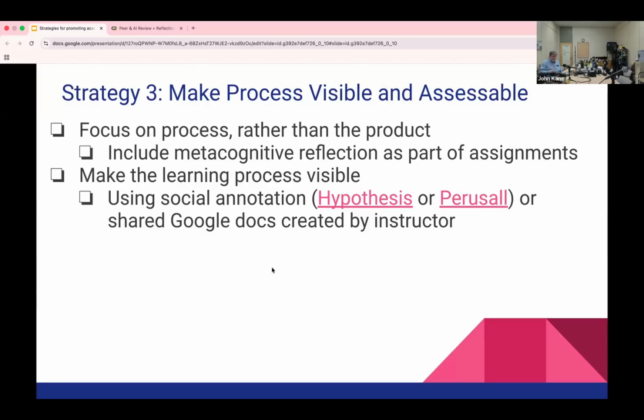And then you can see how they're interacting with the document. It's much easier for them just to type their interactions there than it would be to copy the paper and then ask it to generate annotations. So you can observe what they're learning, what they're questioning, what they're struggling with, and so forth by the way they interact with the document and with each other, because these are threaded. They can essentially create threaded discussions right in a journal article or right in a working paper. And that can be kind of useful.